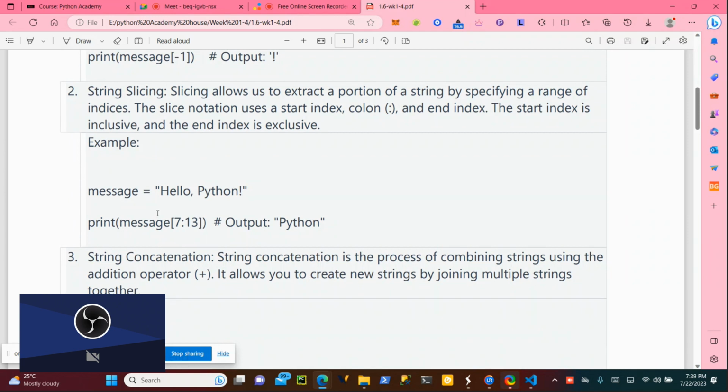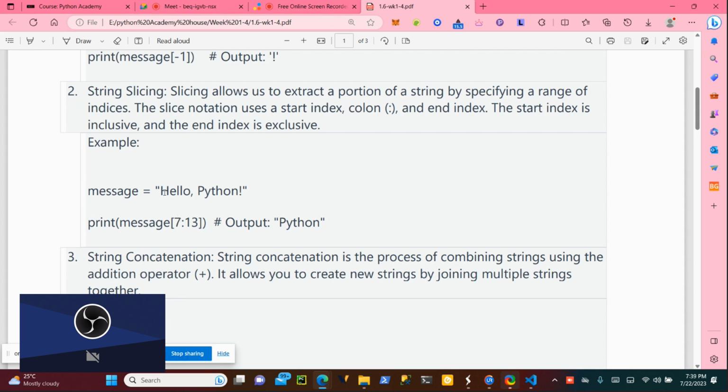For instance, we have here hello Python. We want to print just Python. This is what we call slice. Slice means that I want a portion of it. With this colon, I can say start at position index 7.